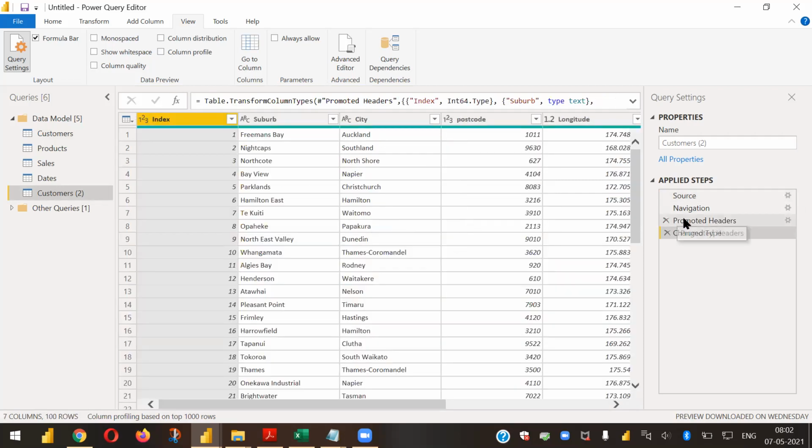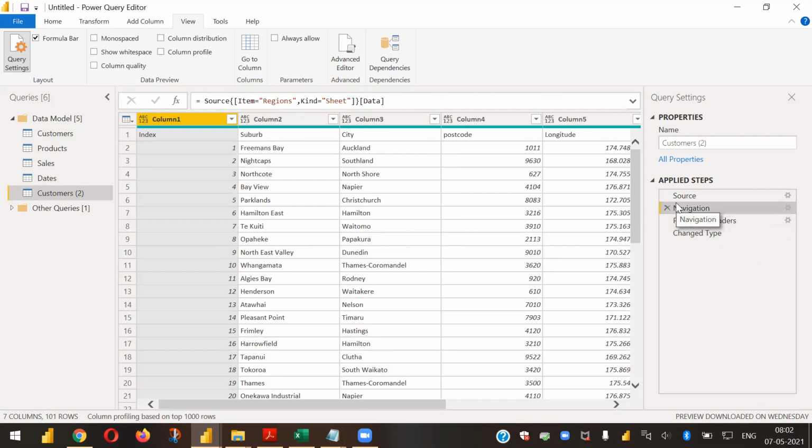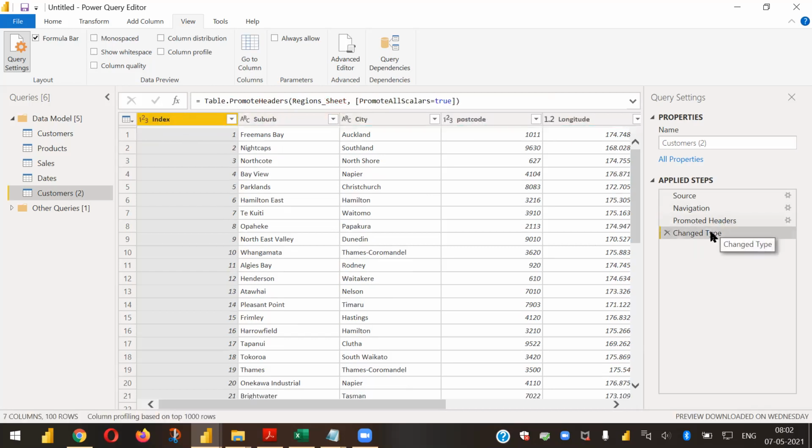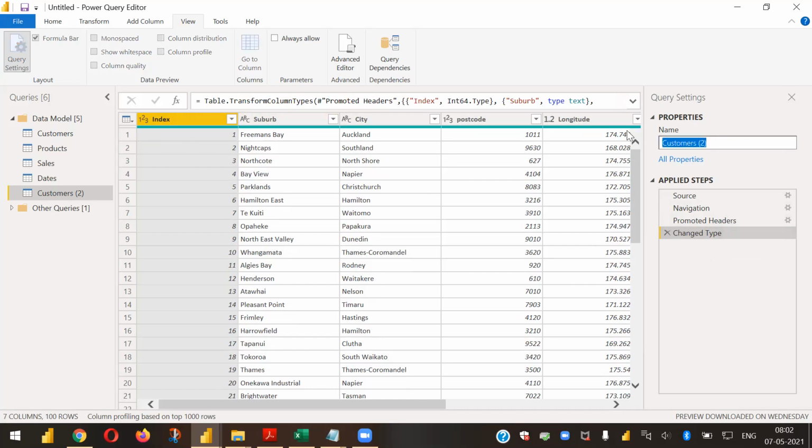You can see there have been a few steps applied, and now the regions information has been brought in: suburb, city, and all, right. You can check that as well. In the navigation pane, it has brought the regions table, and I think this time it has picked the sheet. That's where it's not picking the direct columns, so it is making the headers, and then it is doing some change type. It is formatting the data types. It has done that automatically, as you can see. Now I know this is a regions table. I rename this as the regions table.